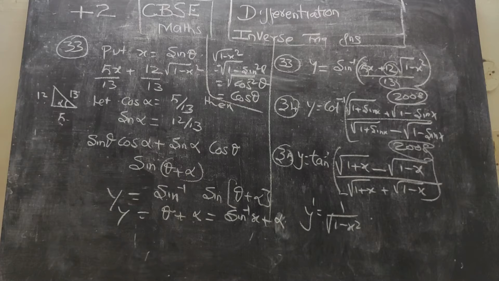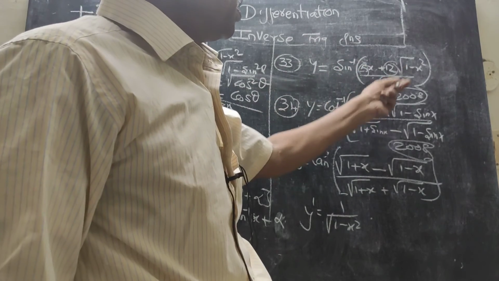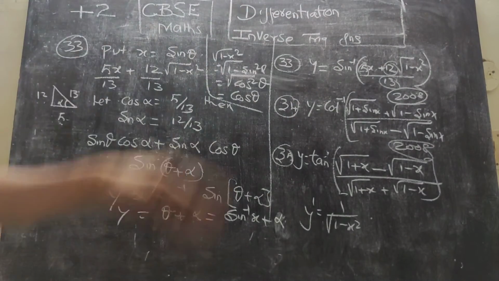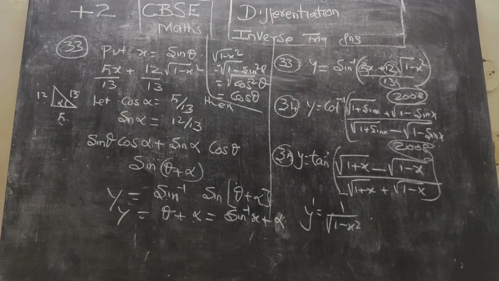The problem is very simple but very tricky. Generally the students find it difficult. They don't know how to do it when they see some numbers. So remember that whatever numbers they have given in these places, check whether they are in a Pythagorean triad and then apply the same method. Now let me go to the 34th problem.